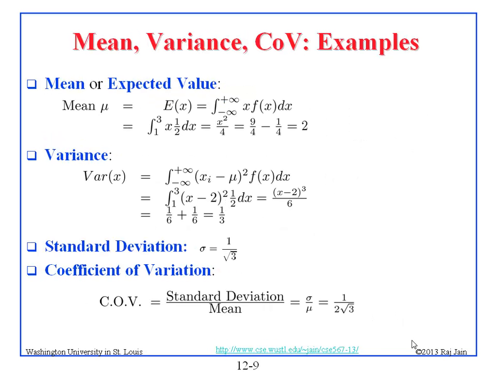The variance is the integral of (xi minus mu) whole square f(x) dx. So xi, actually from minus infinity to plus infinity, I shouldn't put xi here, it should be simply x. This is not a discrete variable, so